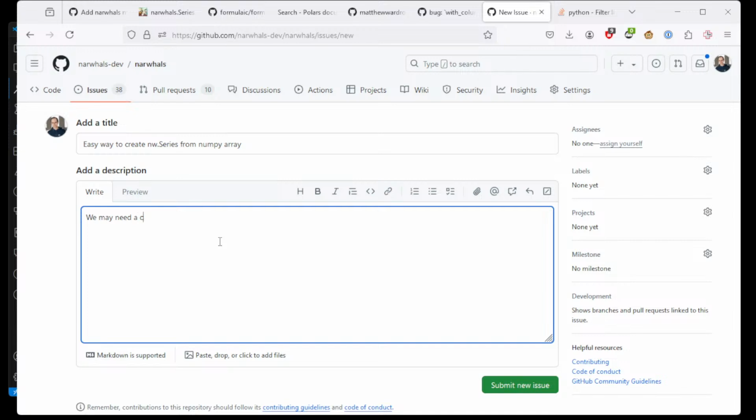We may need a convenience function outside of the Polars API for this, but it would be good to do something like: S is a Narwhals series, and then let's say M is a NumPy array, and then we make a new series equal to nw.series from